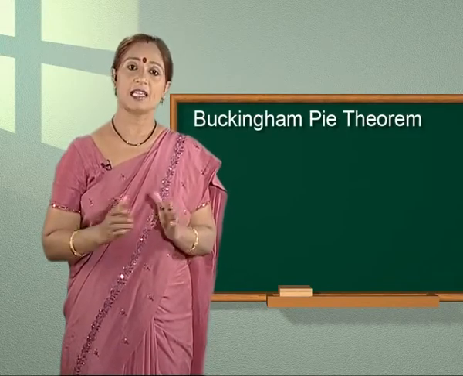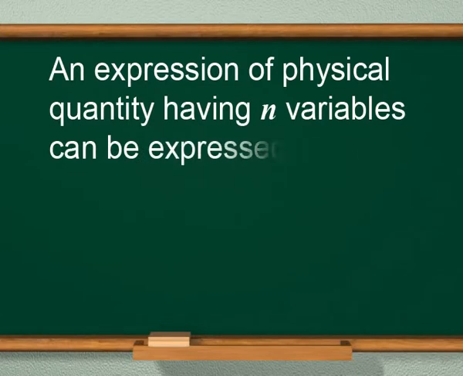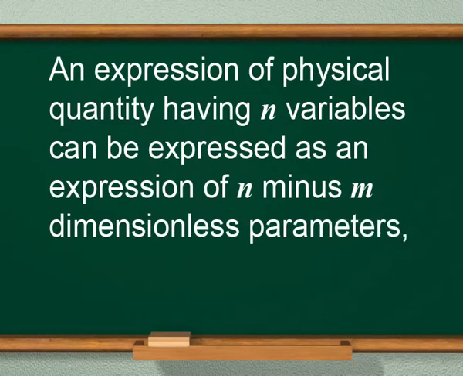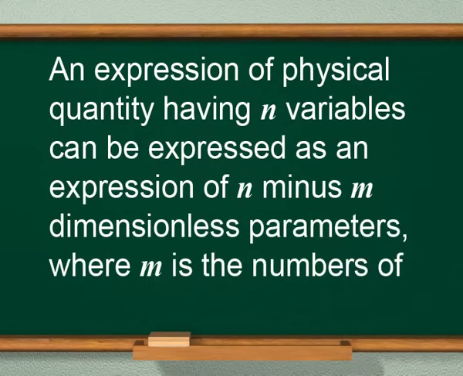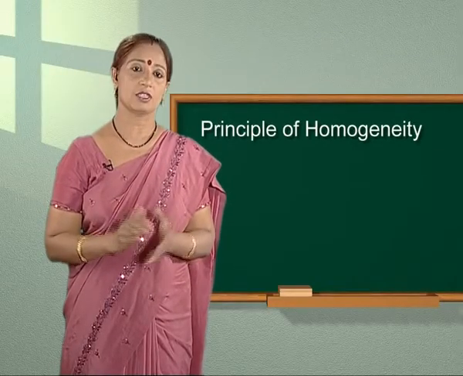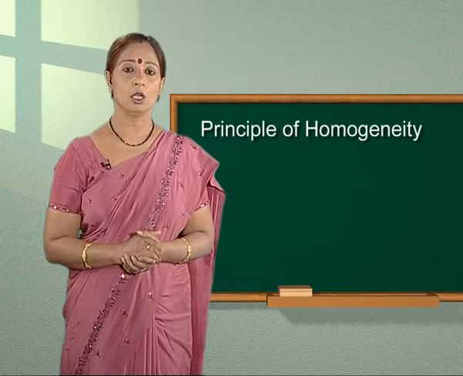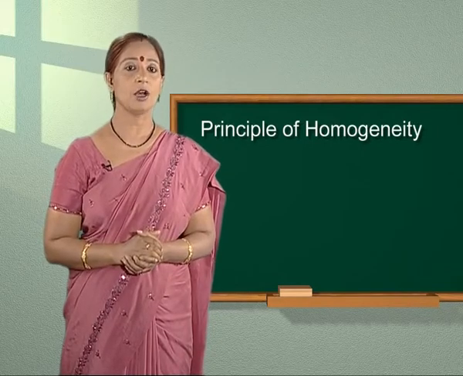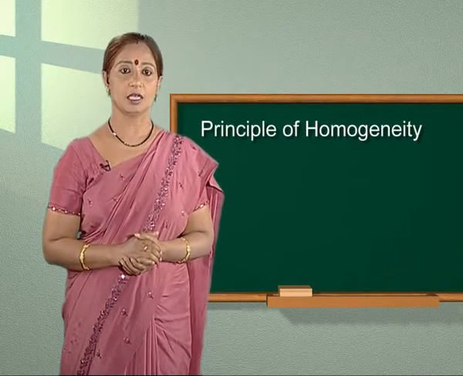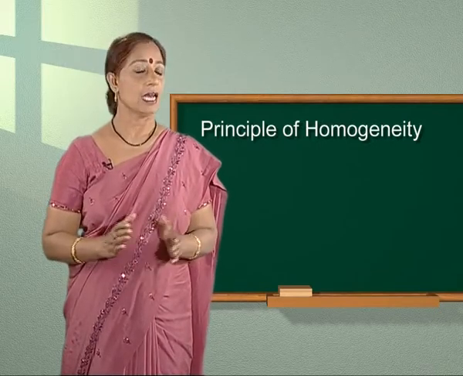This theorem states that an expression of physical quantity having n variables can be expressed as an expression of n minus m dimensionless parameters, where m is the number of dimensions. It helps us to understand relation among physical quantities and nature of dependence. Let us have a look at the example of time period of simple pendulum. Other relevant parameters affecting the phenomenon of oscillation are mass of pendulum bob, length of pendulum, and acceleration due to